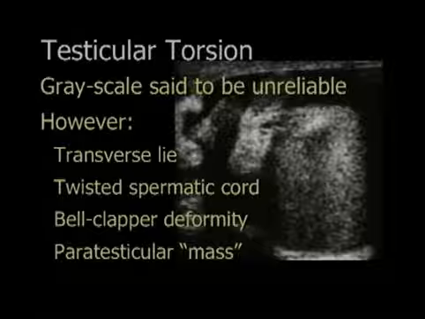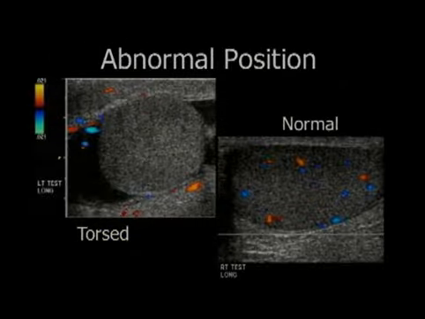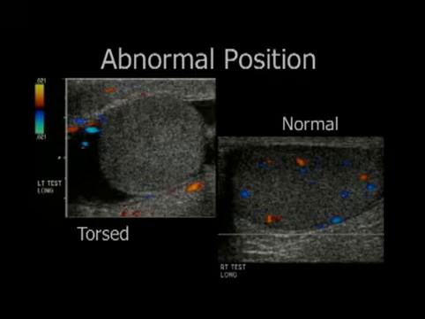Now, while the grayscale is said to be unreliable for torsion, there are very few cases, in fact I can't think of any, where there's been testicular torsion and the grayscale has been completely normal. So we'll go through a few of these findings of transverse lie, twisted spermatic cord, bell clapper deformity, and paratesticular mass. So in this case of torsion, we can see flow in the normal right testis and no flow in